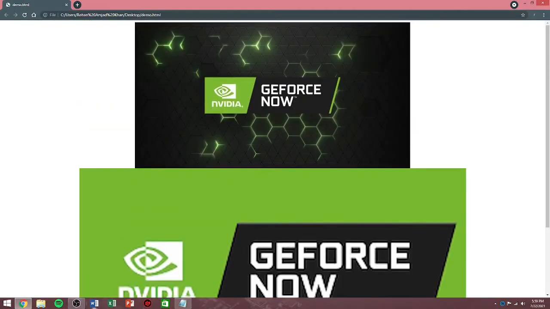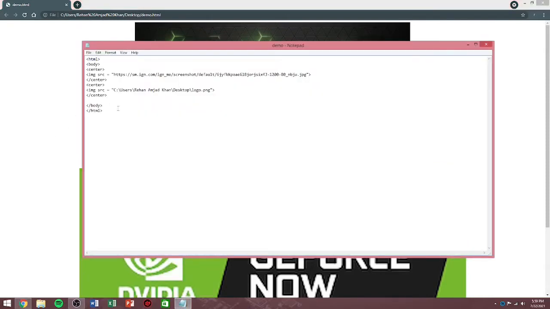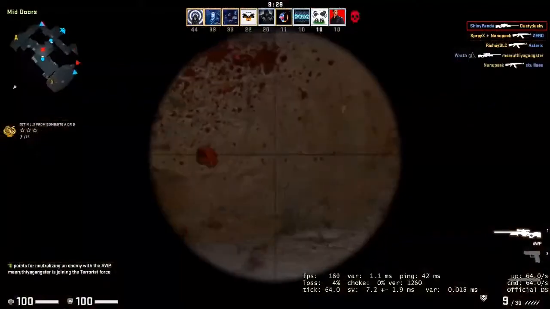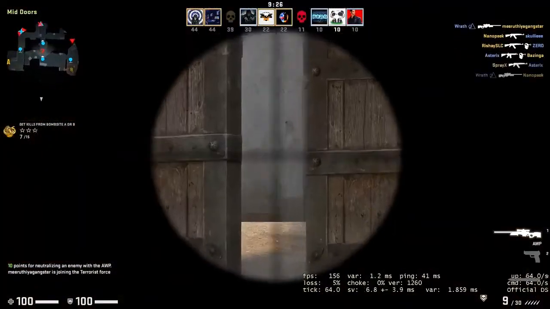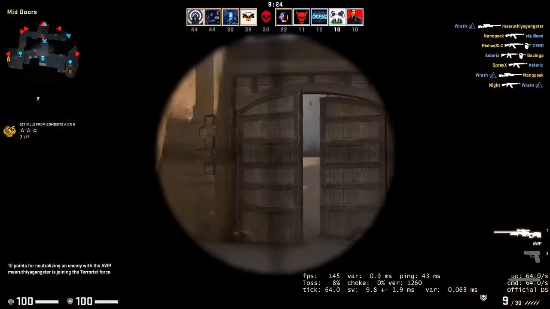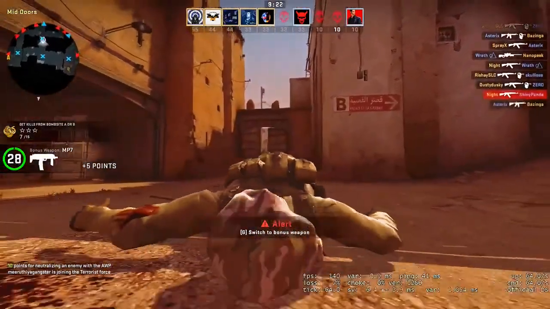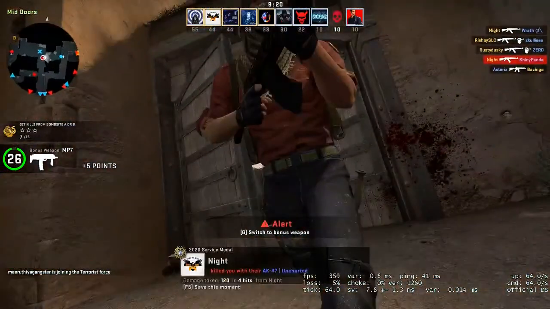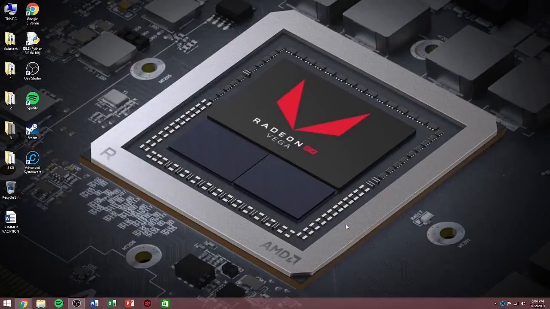You can also resize this image, but that topic we will be covering in the next video. And this was it for image insertion, and in the next video you will see how to insert hyperlink into your HTML. So we are back, and this time I will tell you how to insert hyperlink into your HTML